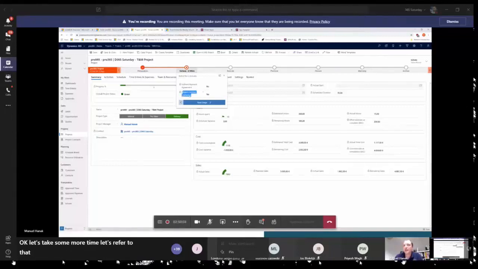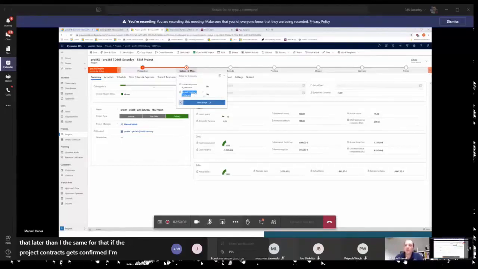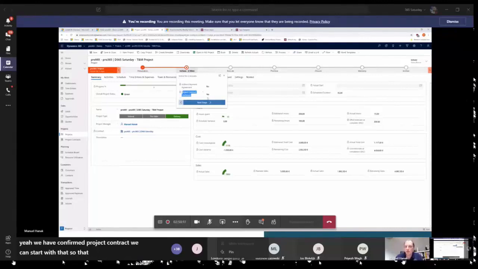Then the same for that. If the project contract gets confirmed, the flow is updating all related projects that we have a confirmed project contract. We can start with that. So that means we can ensure that billing can be done later on as well. Let's move